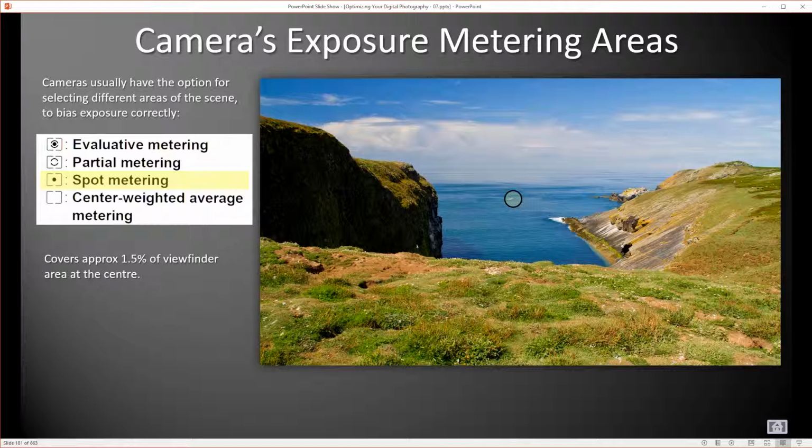Now we have what's called spot metering, and it's taking an area from 1.5% of the viewfinder image. So this is looking at the viewfinder, and it's only taking an exposure area here. Some cameras may allow you to actually move where this point is set, but for this illustration it's directly in